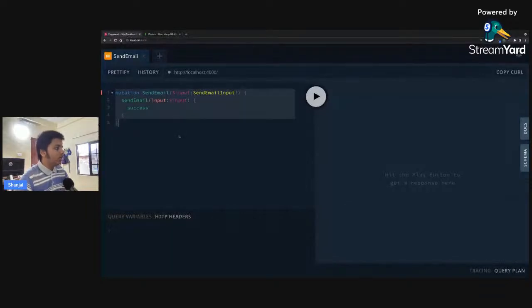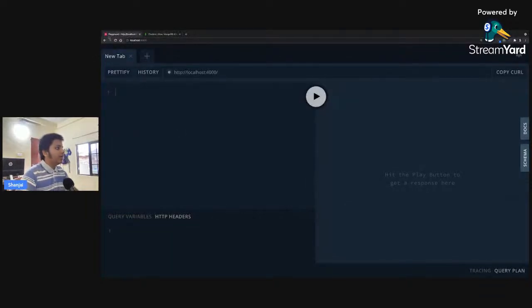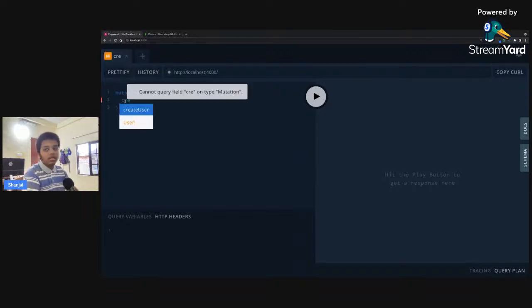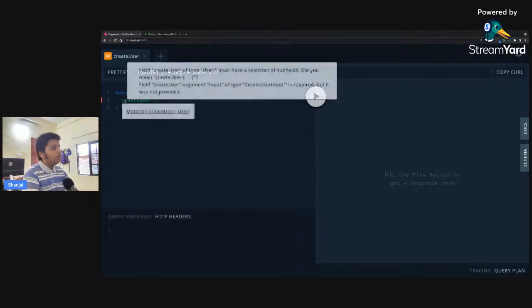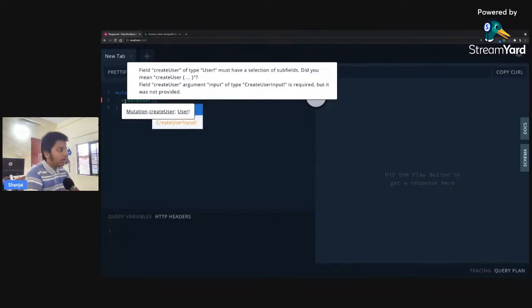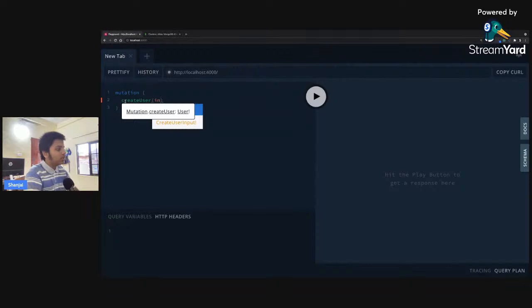Go to playground. Let's cut this. Create a new tab, and we're gonna make a new mutation. So let's say mutation, which is a keyword, and then let's say create user, and we need inputs for it. It's giving me an error: create user argument input of type is required. So let's put argument field, let's say input,